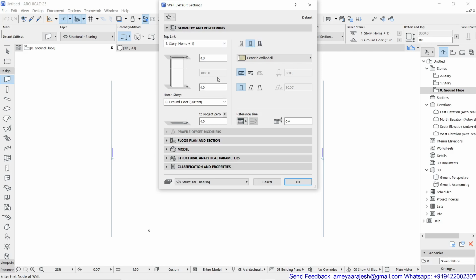First of all, you have to talk about the wall structure. The structure of the wall can be basic, composite, complex, or complex profile. Basic is a single building material. If you have a composite, that means several building materials, like plaster on both sides of the wall. And in a complex, you can have different skins, that is different building materials, and they can even have different shapes in a sectional view of the wall.